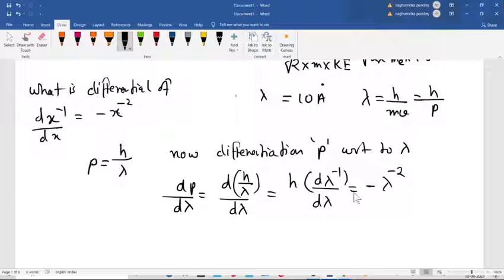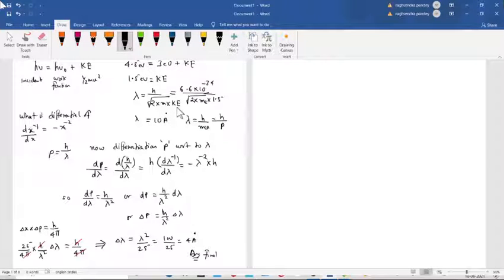Okay, this one. So how we calculated this? First, we have to take this photoelectric effect equation. 4.5 electron volt is the incident energy, 3 electron volt is the work function, and then there is the kinetic energy. So kinetic energy we got is 1.5 electron volt. So from that we can calculate the lambda. Lambda is equal to h upon root of 2m into kinetic energy. So you can do that, and after doing all the calculation you will get lambda as 10 angstrom.